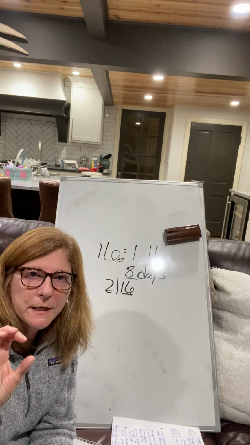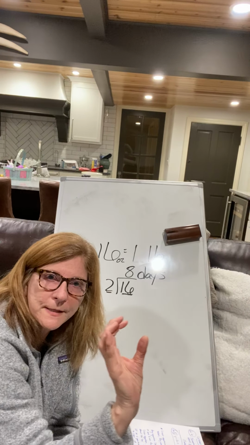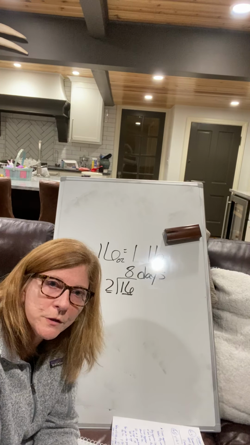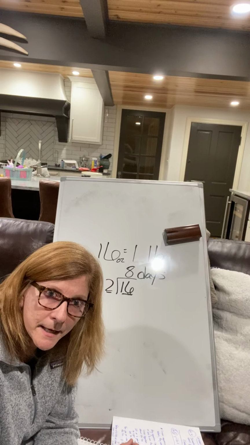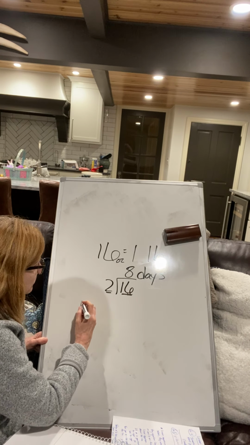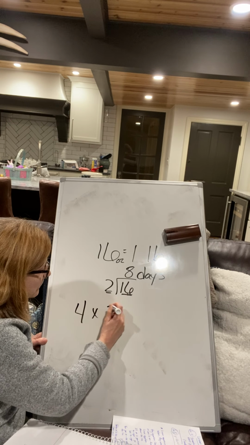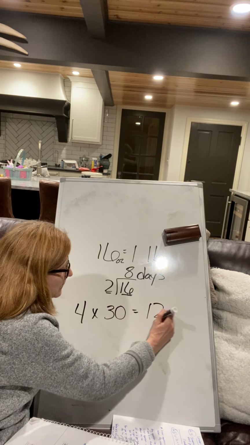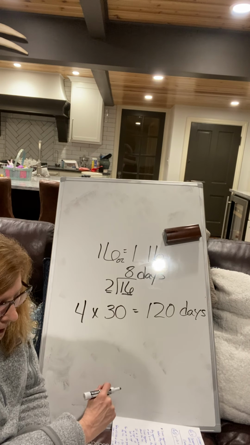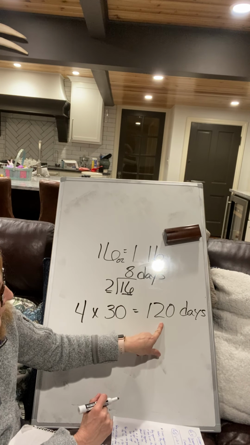Okay. Take our 0, hang it out. What's 4 times 3? 12. Put that 0 back in there. 120. So 4 times 30 is 120 days. So if we have 120 days, and if we group those 120 days